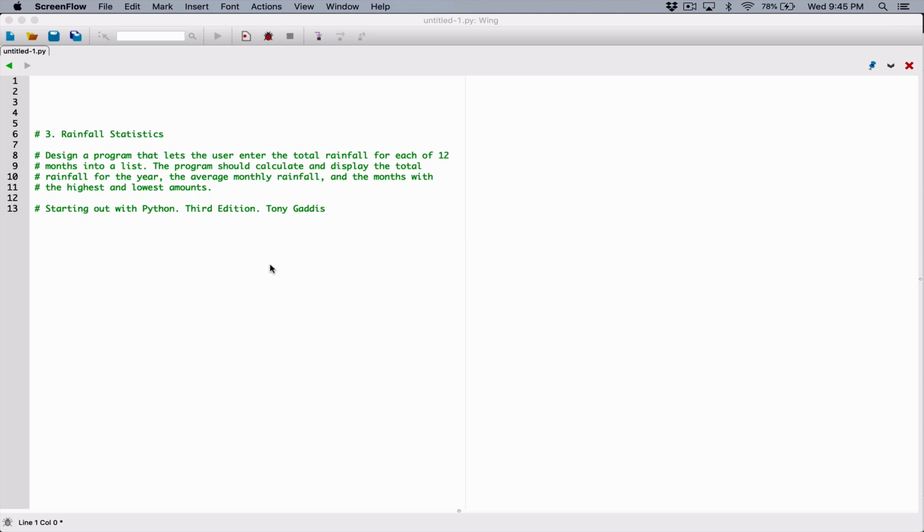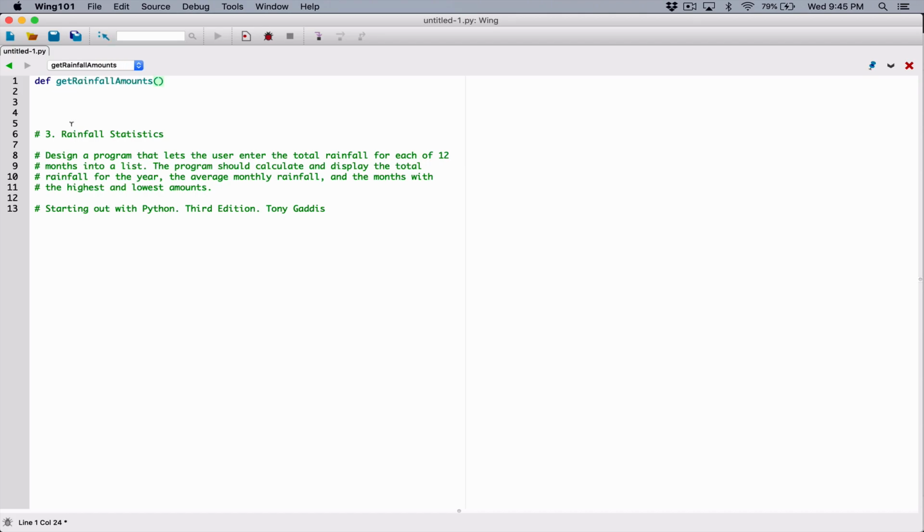Okay, so I want us to break this program into functions, and the first function I want us to create is a function that's going to get the rainfall amounts from the user. So I'm going to define the first function. I'm going to call this function get rainfall amounts. We have to determine if this function is going to accept any argument, so we